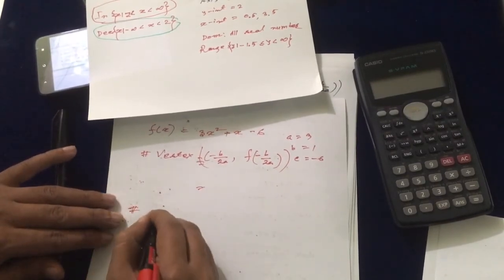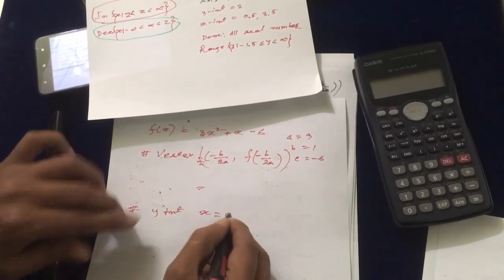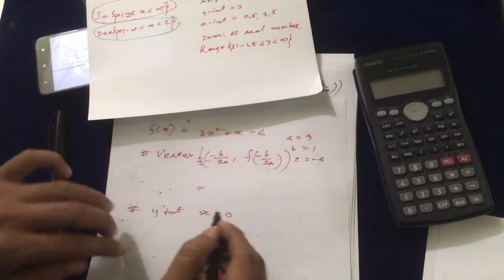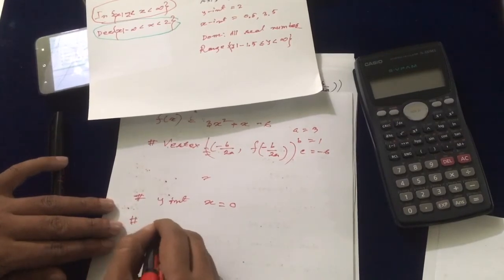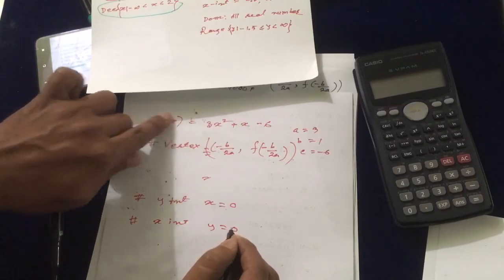Then to find the y-intercept, you will put x equals 0 in the question. You will get the y-intercept. You can see it is minus 6. To get the x-intercept, you will put y equal to 0 in the question. Y is here. You will put this equal to 0. Then